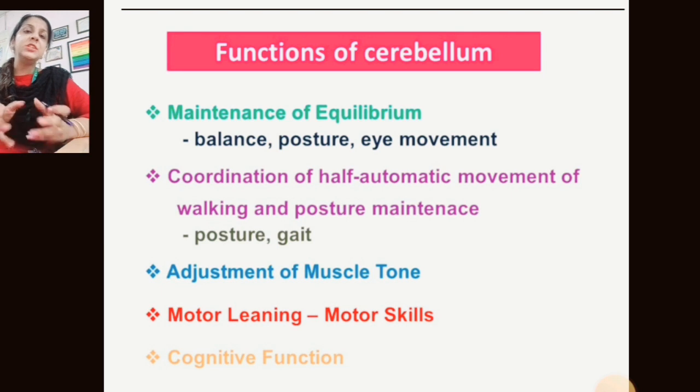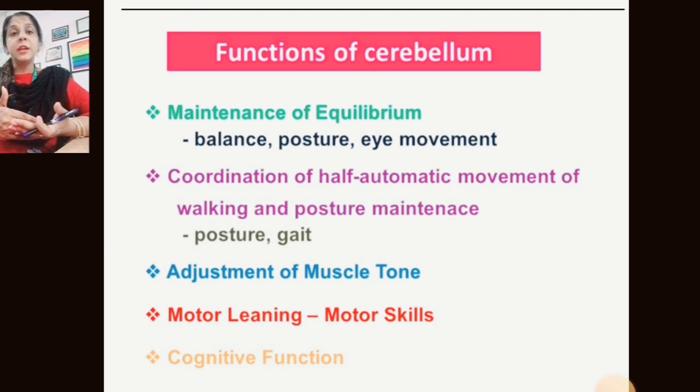where there is less tone, the limb becomes floppy and the patient is not able to do the task. Or if the tone is increased, there is increased resistance felt by the therapist during passive range of motion. So it may be due to hypotonia or hypertonia. If there is hypotonia, then there is an issue of muscle flaccidity, where the muscle becomes floppy.